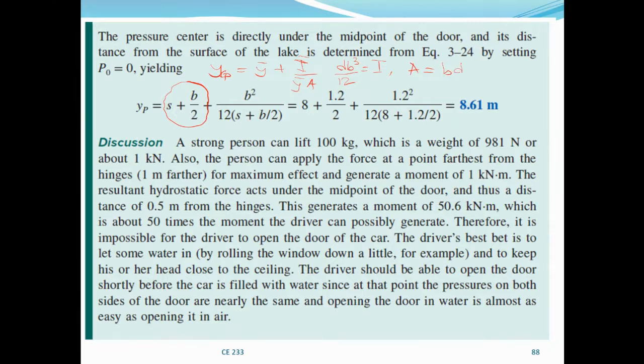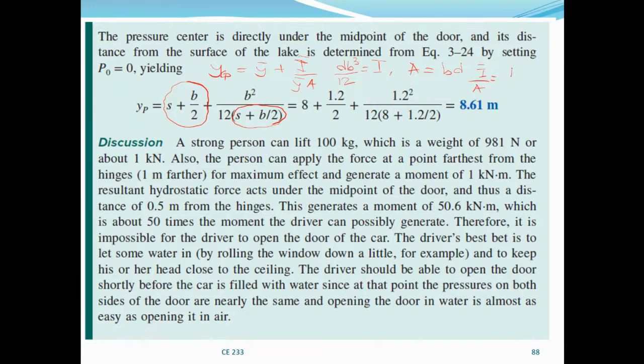Okay, area of a rectangle is BD. So when you divide this over this, that is Y bar is S plus B over 2, the distance of the centroid from the top of the water. Okay, so now